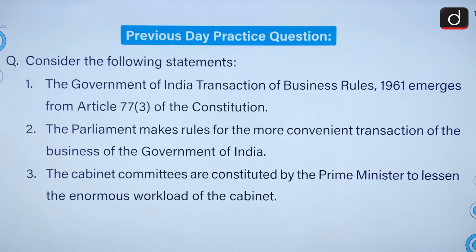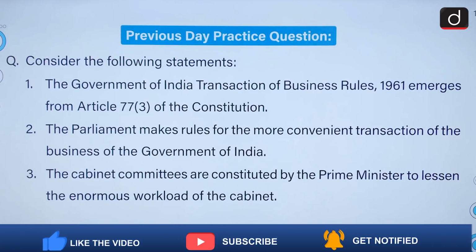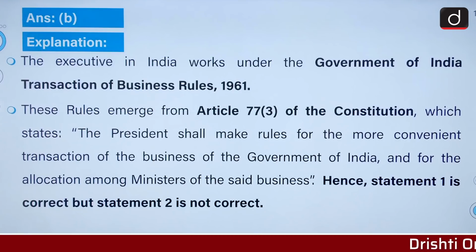The first statement is correct, that the Government of India Transaction of Business Rules of 1961 has its origin in Article 77, Clause 3 of the Constitution. First is correct, second is definitely not correct. Third is correct. The correct answer should be 1 and 3. That is option B. So, the executive in India works under the Government of India Transaction of Business Rules of